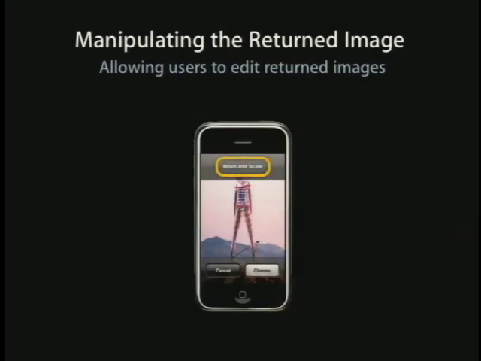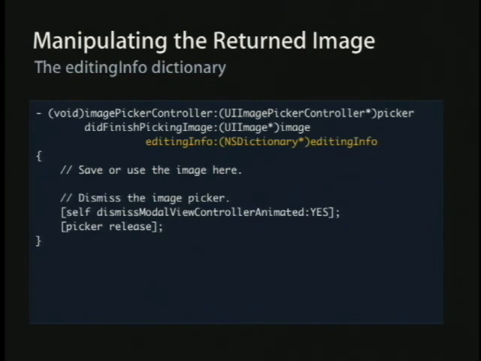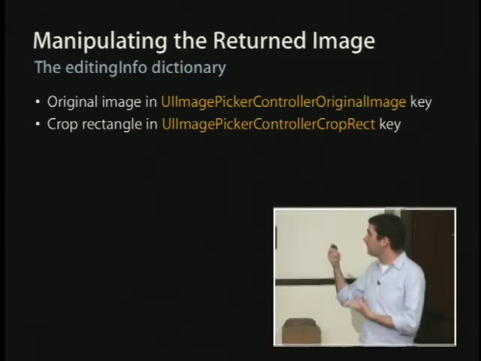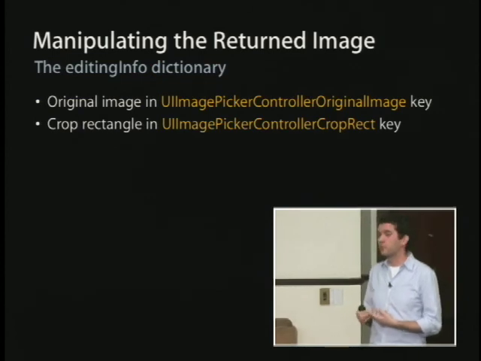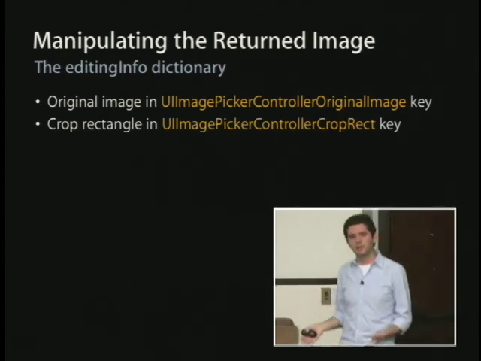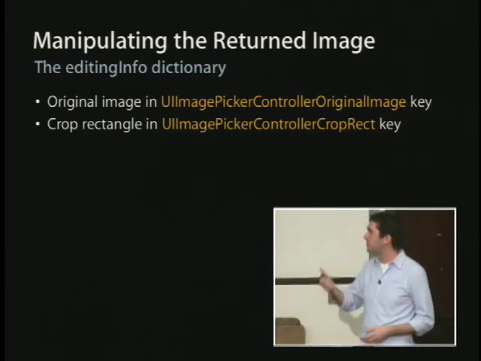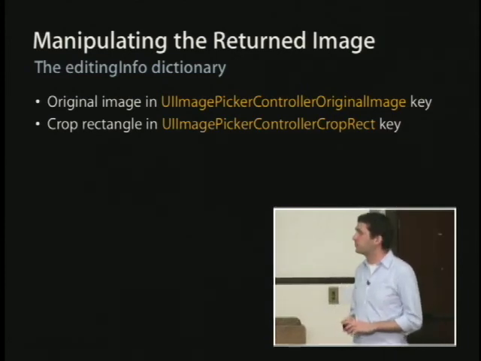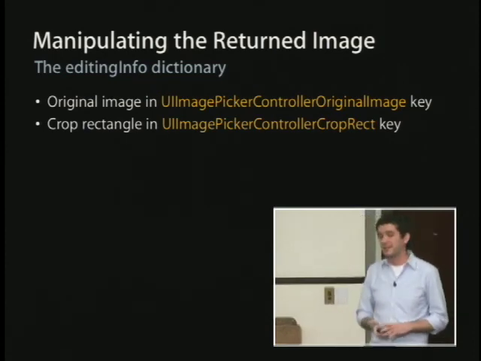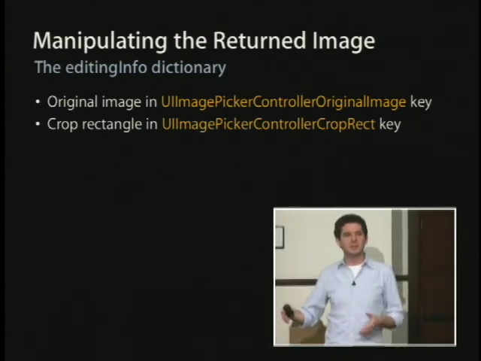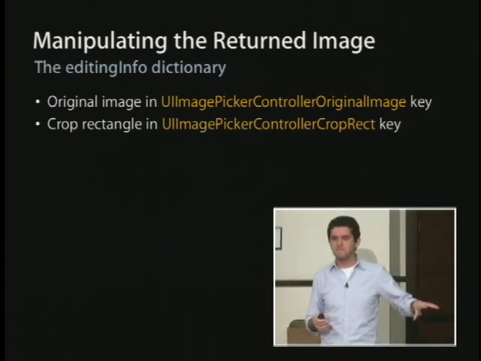We already saw that picture. So the editing info dictionary is that additional property there. The original image, there's actually two keys. The original image is going to be under the key UI image picker controller original image. And this, again, is a UI image that has the entire original image. So it's pre-cropped. It's the entirety of the image. And then the second thing is the crop rectangle, which will be under the UI image picker controller crop rect key. And that key actually contains an NS value that wraps a CG rect. So you can pull that out into a CG rect, and basically it's the rectangle in the source image